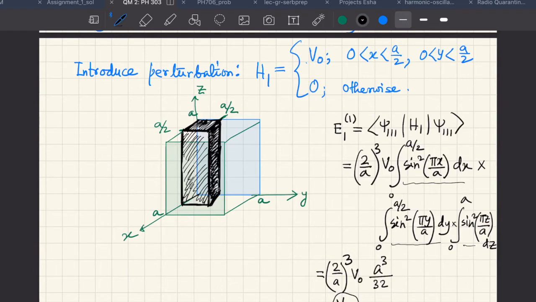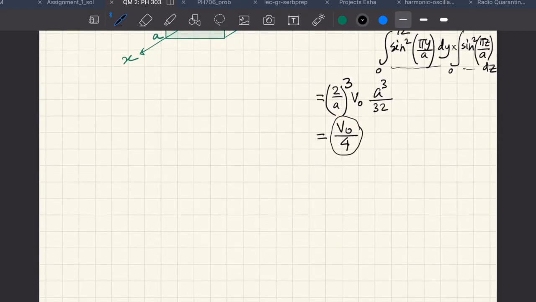Now for the first excited state calculation, we need full degenerate perturbation theory. For that, first you note that the diagonal elements of H1 are the same as the ground state. So